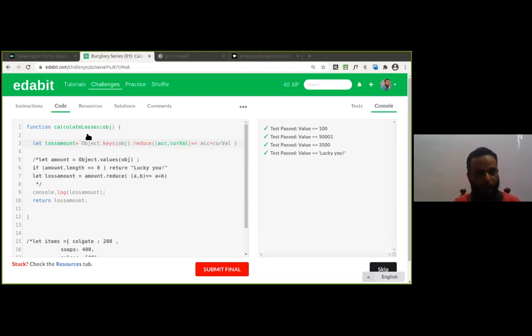Keys of what we'll be getting is the object. Here in this case, the accumulator is okay, fine. Current value will be what? Key means, suppose the key was Colgate, you'll be getting Colgate. You are trying to add Colgate to the accumulator. Will this work? No. Yeah, fine. So this will work. Yeah, you're right there. Now this will work. Okay.